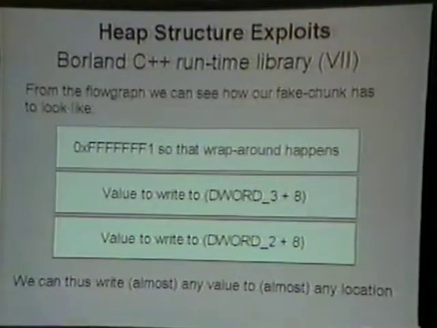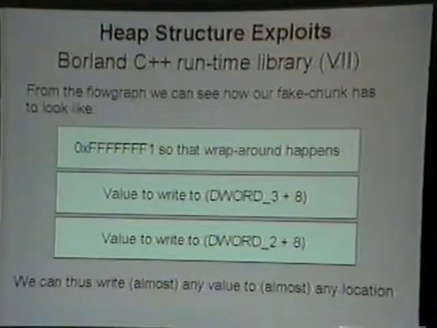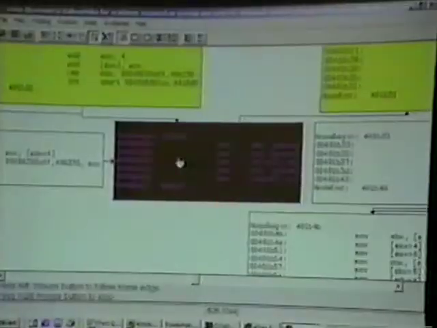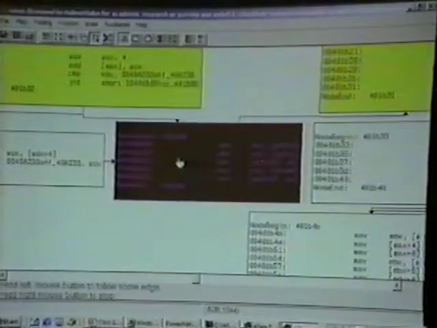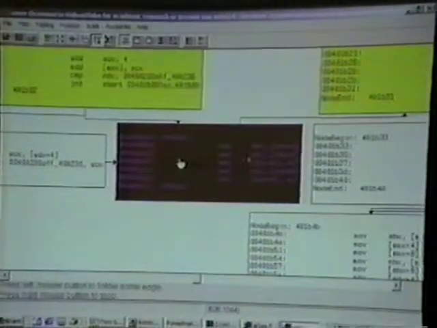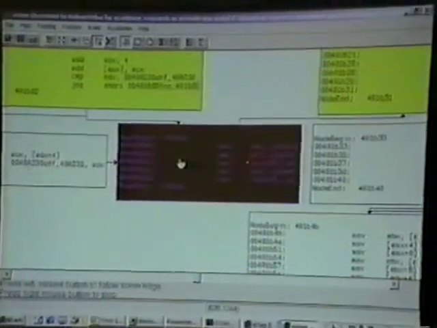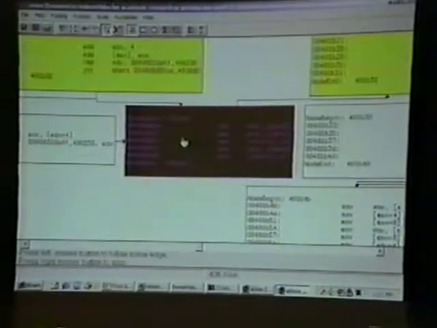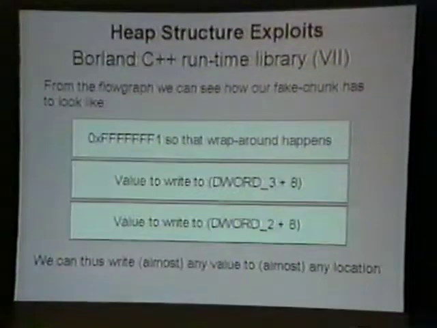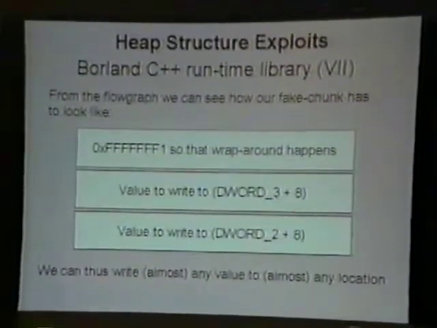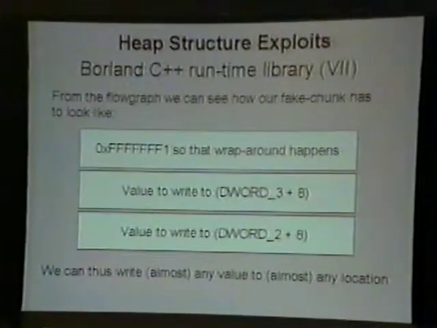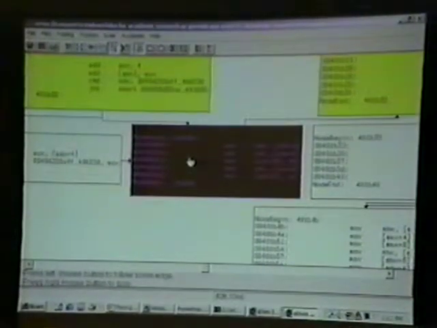Well, these two things here, the two words at +4 and +8, are fairly obvious from this point here. EDX +4 gets loaded into ECX. To this location, the value in EDX +8 is being written. So basically, these are being exchanged and written to a certain location. And the format of this one is a bit tricky, but in order to even reach the code which we are dealing with,